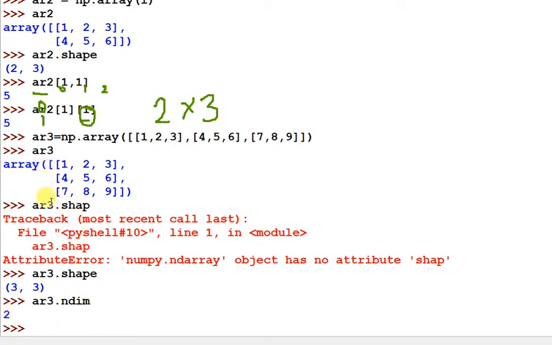Axis 0 is always the row, and the columns are axis 1. So this is axis 1 and axis 0.